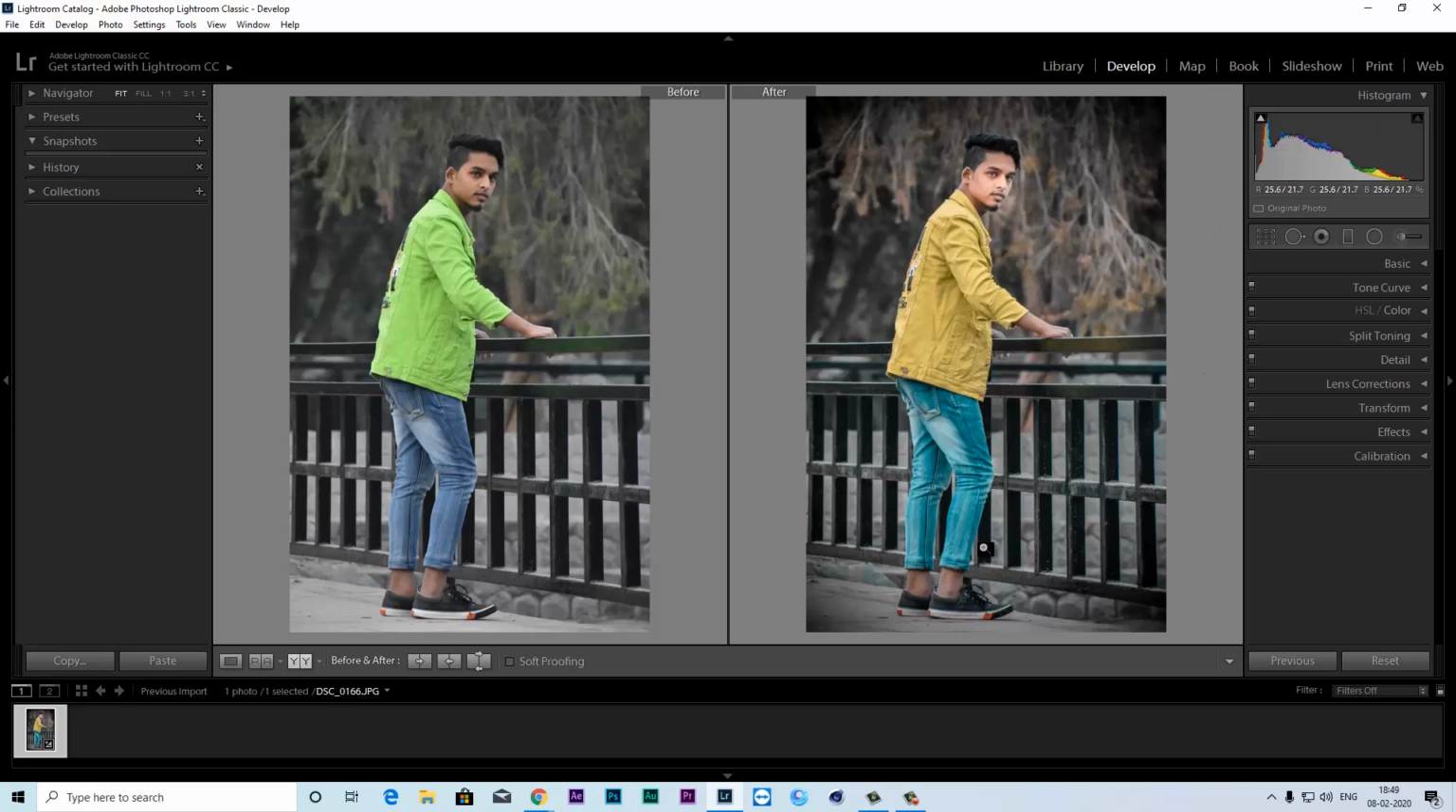So I think I'm done, and see how is this. I think you can check some more settings, you can tweak some more settings and make your photo more interesting. So this photo is done for me,